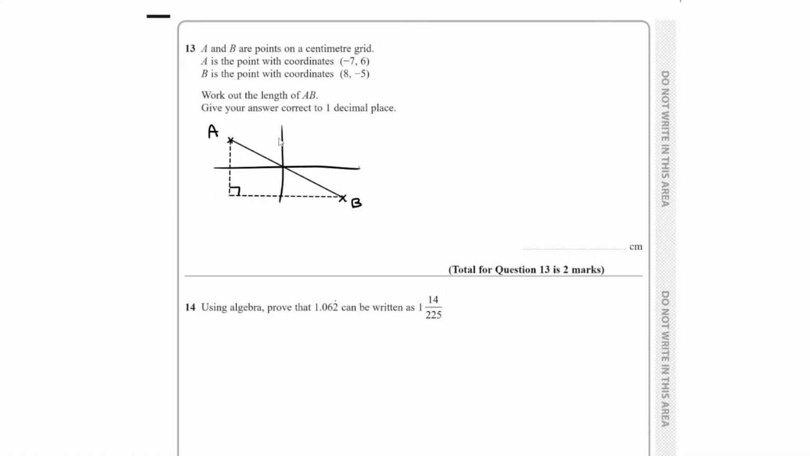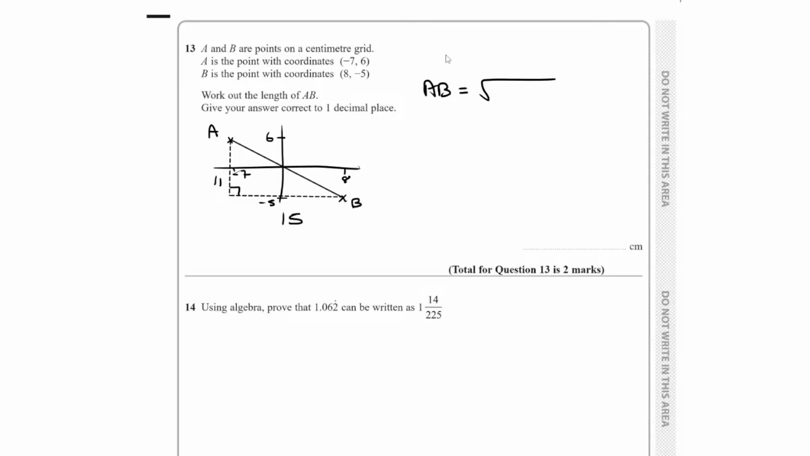So from 8, where was it? It was 6. This is technically -5. So do you see how the difference is 11? And then across, we've got -7 to 8, which is a difference of 15. So effectively, it's just 11 and 15, isn't it? And then Pythagoras. So AB,